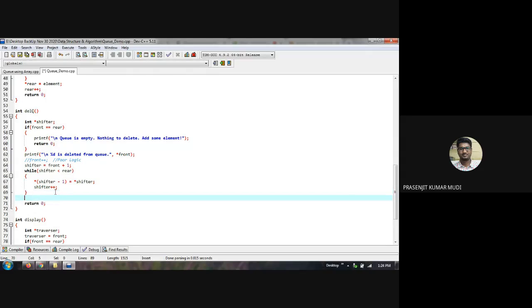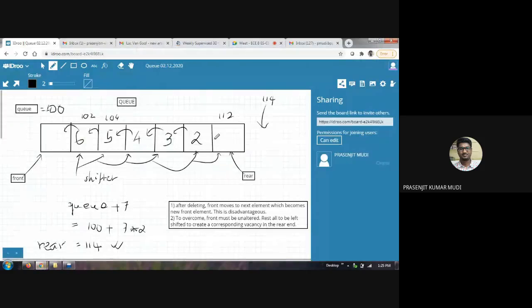Okay, so after the end of the while loop, shifter has reached this location, and still this 2 is there. This 2 is there. It is not being replaced by anything. So what you can do,